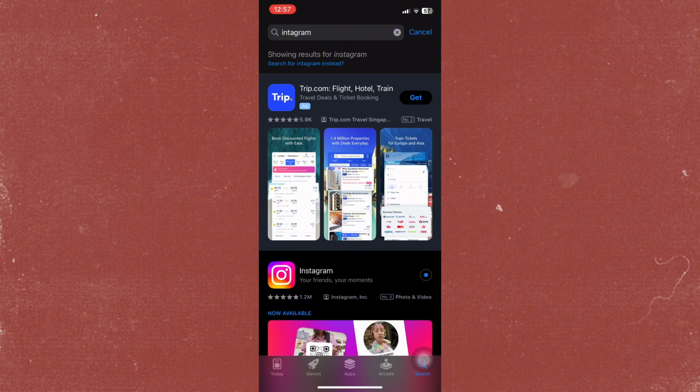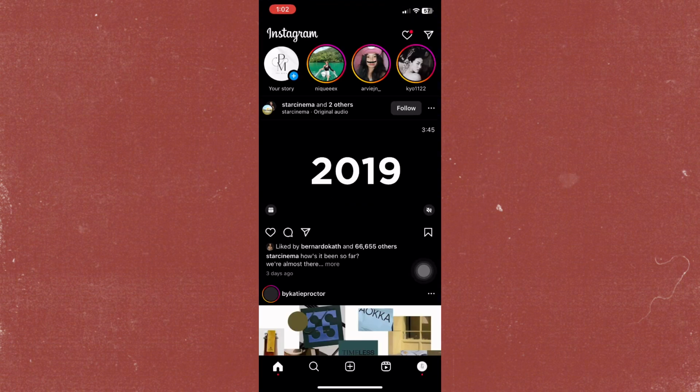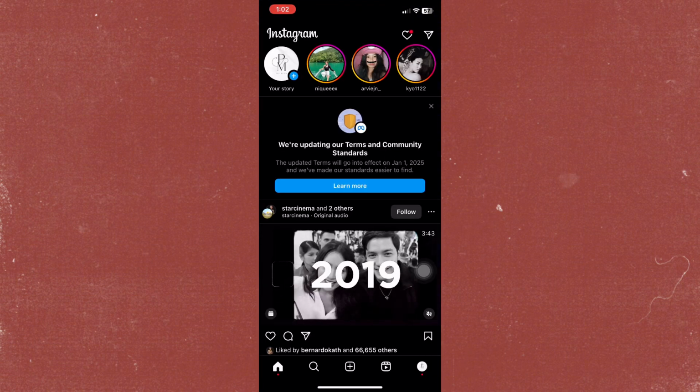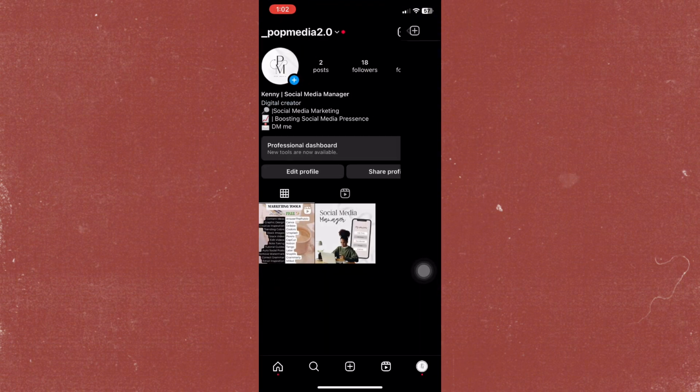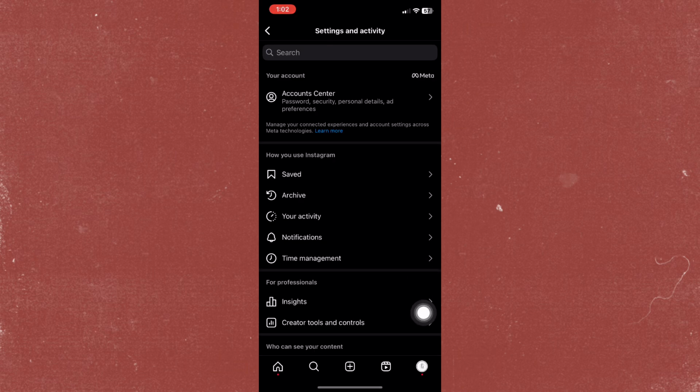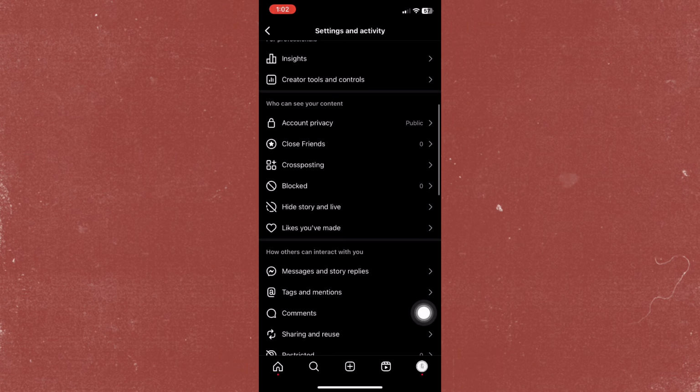So we'll just wait for it to load. It'll take just few minutes or seconds. And there you go. So just tap on open to open the application. So let's tap on that. And from here, go to your profile and tap on the 3 horizontal lines at the top right corner. And then just scroll down